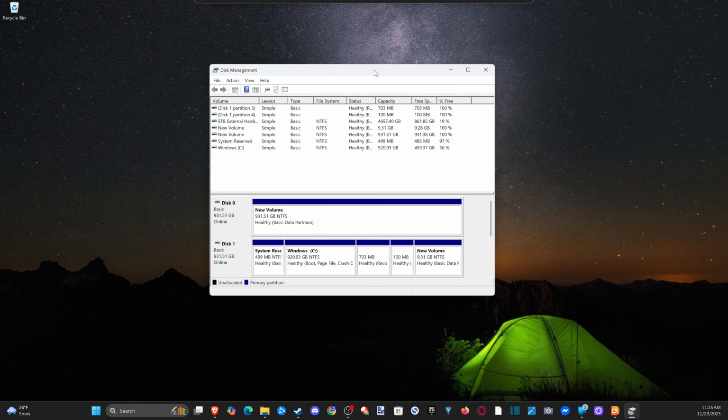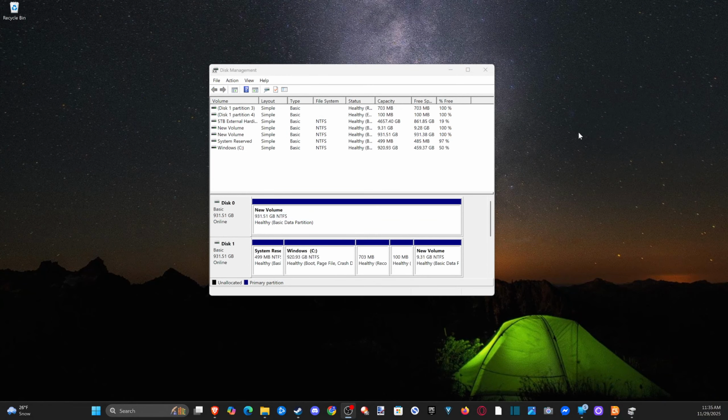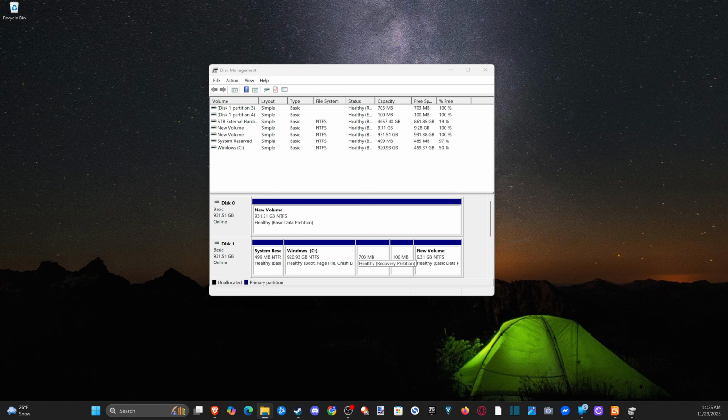Today in this video, I'm going to show you how to format a drive on your Windows PC, and you can do this a couple different ways. So you can use Disk Management, or you can just open up File Explorer, depending on what you want to do. So I'm going to go to File Explorer right here, open this up, and when you open this up,